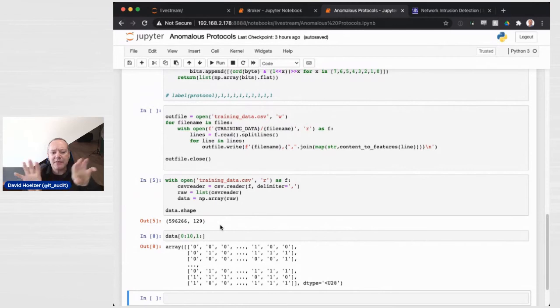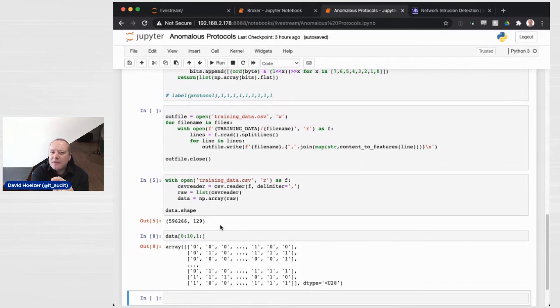I need to peel those apart, and I need to do something else. When we do the machine learning piece, which we're going to jump into next Wednesday, we'll actually build the network and run it. That's going to take just a couple of minutes. But when we do that,